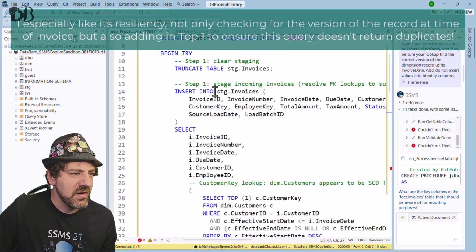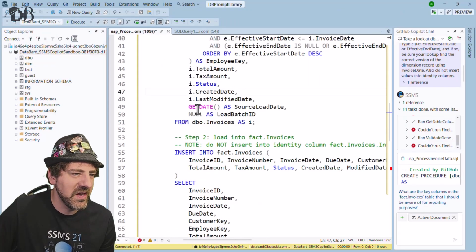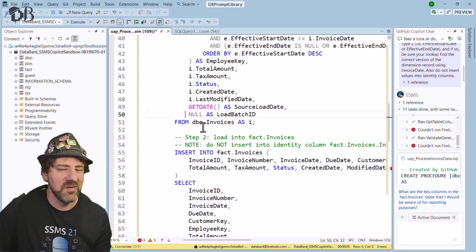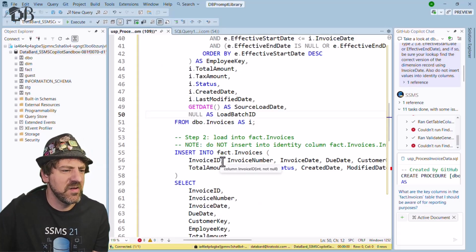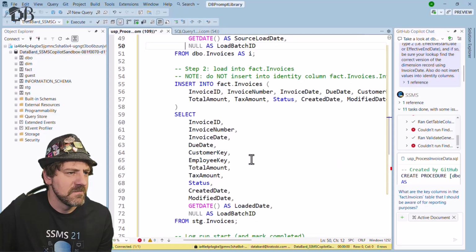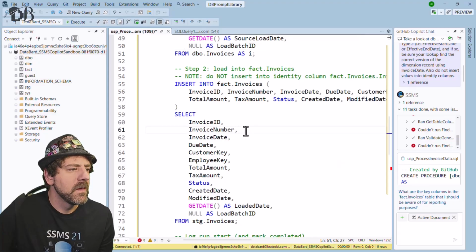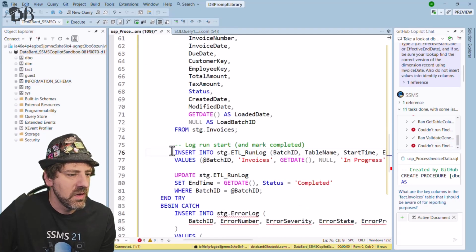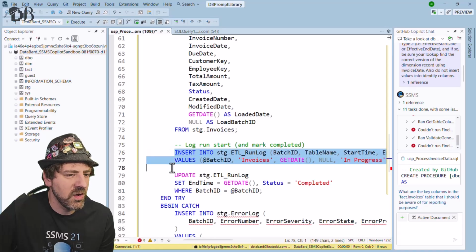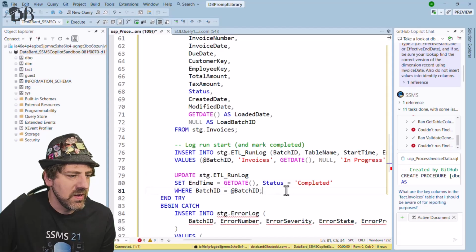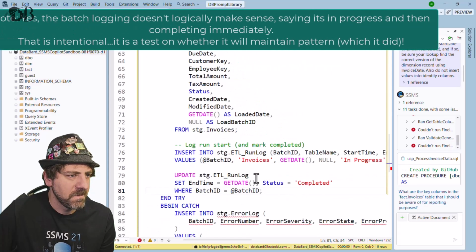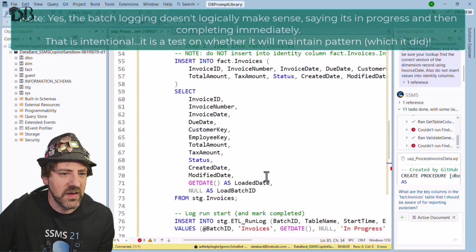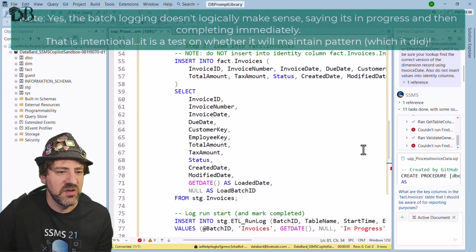Loads things here. Interesting that it generates a batch ID, that it doesn't actually put it into here. Minor detail, but not necessarily a major one. And then finally inserting into the final fact table from stage invoices. And here we've got stage ETL run log where it's trying to load into our batch table and says that it's completed. So the pattern looks good. It looks like it did the same thing that I wanted it to do earlier,